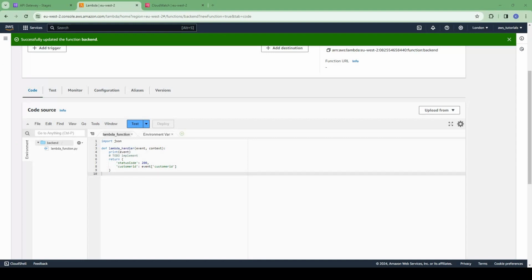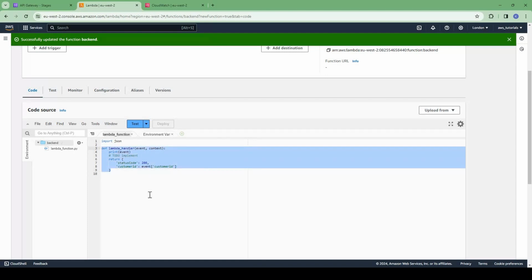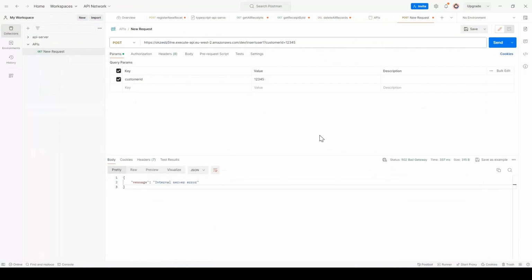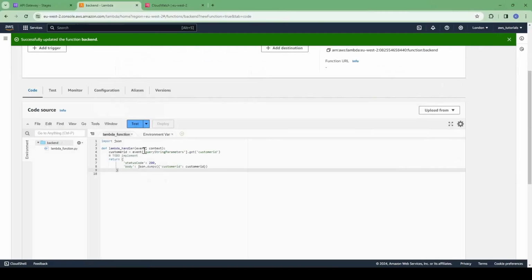So let us return this response in a correct way. So to fetch the customer ID, we need to fetch it like this: event, query string parameters, and then get customer ID. So now we got the customer ID as 12345. And we can't do any transformations at the API gateway level. So if you need to do any transformations, you have to do it in the backend function only. So this was the main difference between